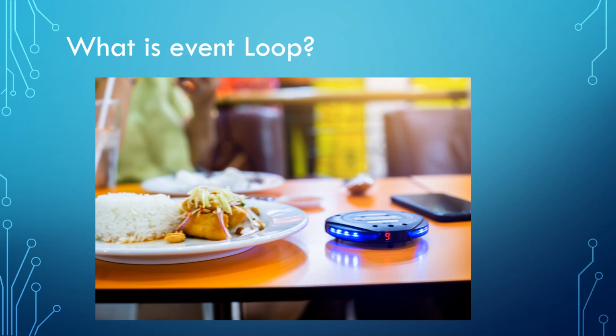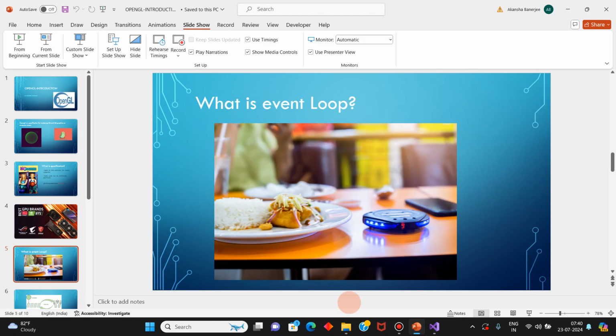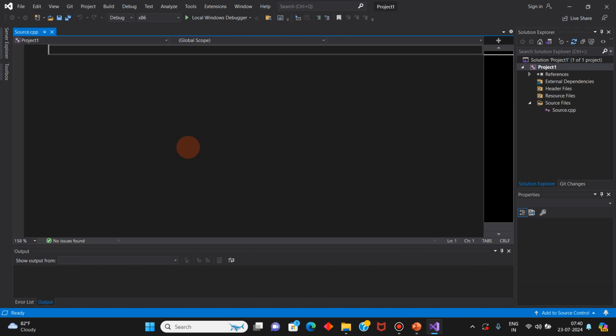Then let's go to the coding part and we will come back again to the event loop. First we will see an introductory code to open a graphics window with a yellow color background. I will be explaining the code in the order that the computer executes it. So first we will write the